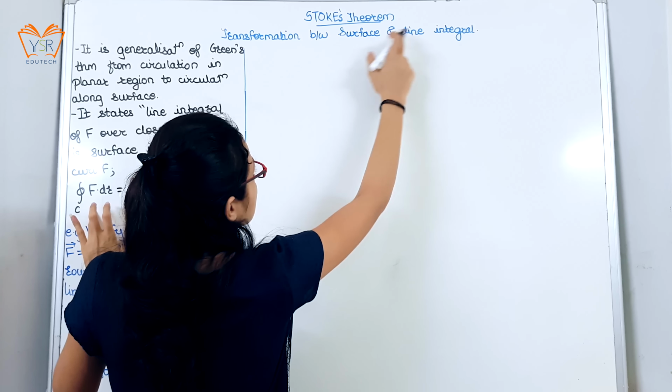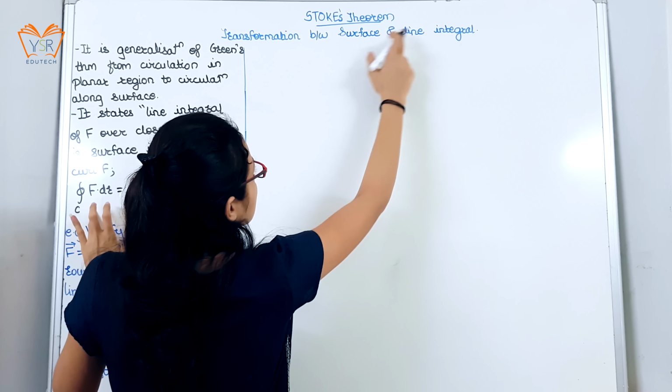If you see, this rectangle has 4 lines. So to find out the line integral, we need to find the line integral from P to Q, Q to R, R to S, S to P, and add all these 4. This will give us the LHS, and then we'll go for finding the surface integral, and we'll verify the Stokes theorem.